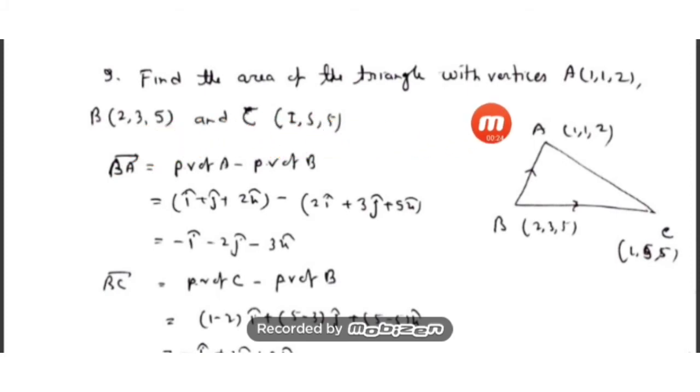So here it is given that A, B, C are the vertices of a triangle and we have to get the area of the triangle. There are different methods of getting the area of the triangle, but here I am going to use the cross product, that is the vector method. And what is that formula? I hope you remember. That is half of the magnitude of the cross product of two adjacent sides. So first our aim is to get the value of any two adjacent sides with co-initial vectors.